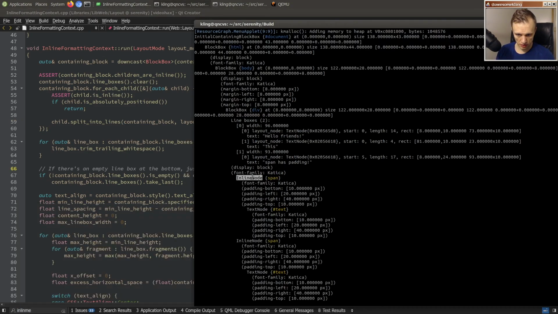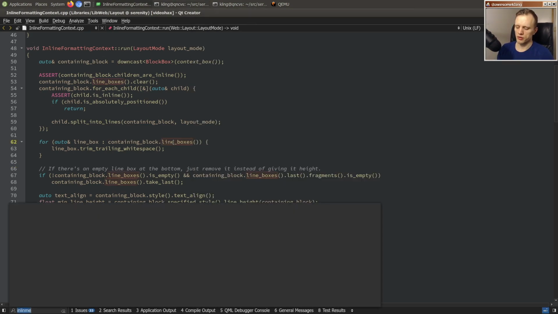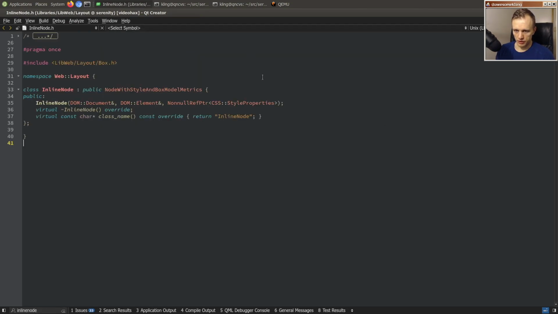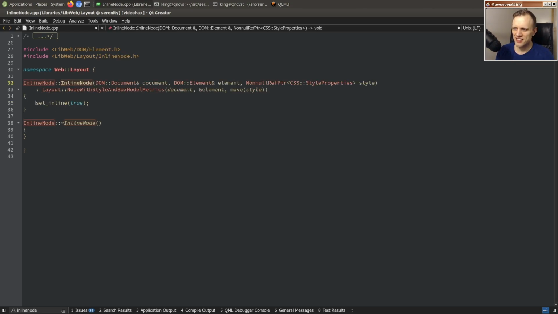We can see the name of the class here, it's inline node. And inline node is just a generic layout node for any inline element. So it's very, very simple. It doesn't do anything in particular. It just exists, and its only special quality is that it marks itself as an inline node, which means that it behaves